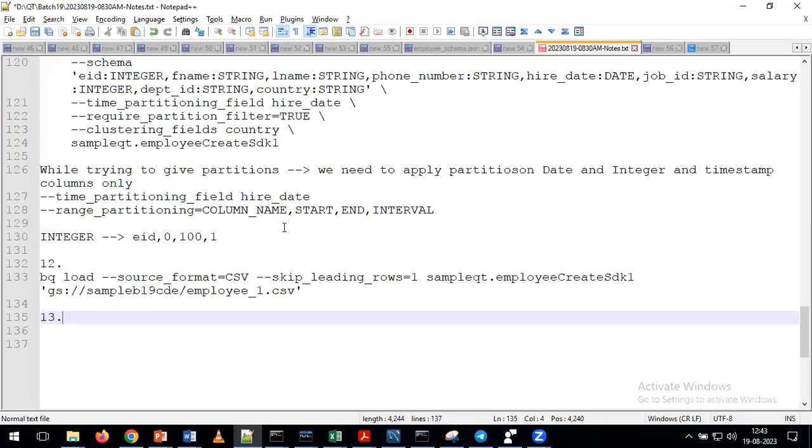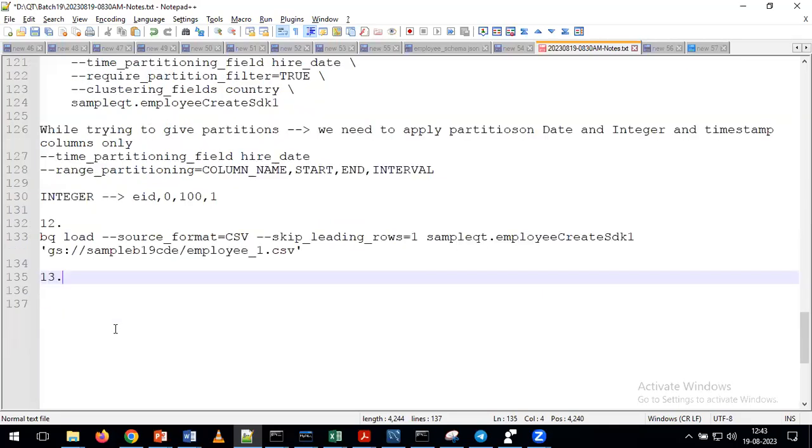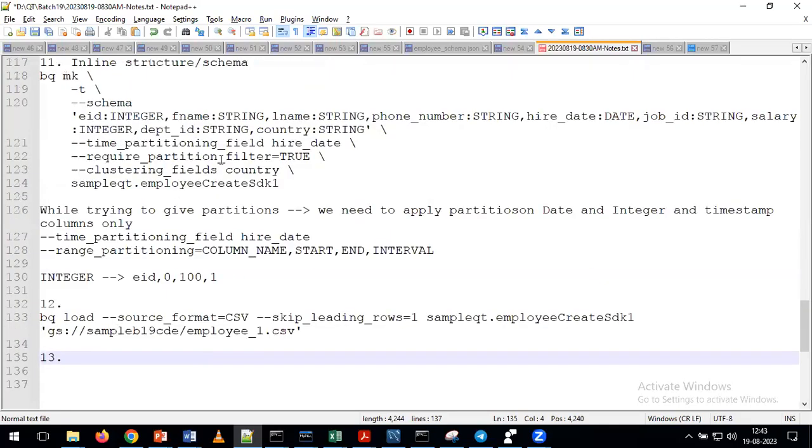For example, you want to apply the partitioning for only first 1000 records, or for some middle of the records. So to specify that information, we are given the start value and end value. Okay, the interval is how many records after we need to partition. Yes, exactly. Now see here, we'll try to understand how we can create the table